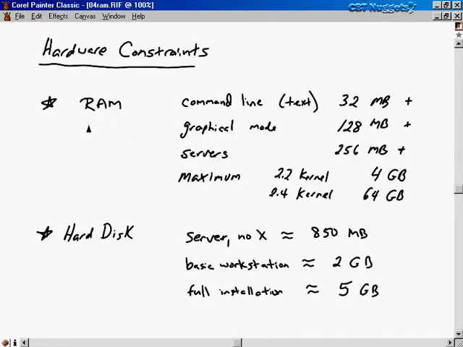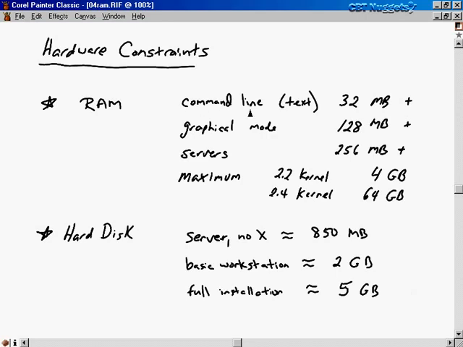So how much RAM or main memory do you need to run Linux effectively? Well, it depends on a few issues. The first one is, are you running Linux at the command line, just the text-based interface? If that's all you want to do, run Linux with a text-based interface, all you need is 32 megabytes of main memory. Now, I've put a plus sign out here because adding more main memory than that will only increase the performance